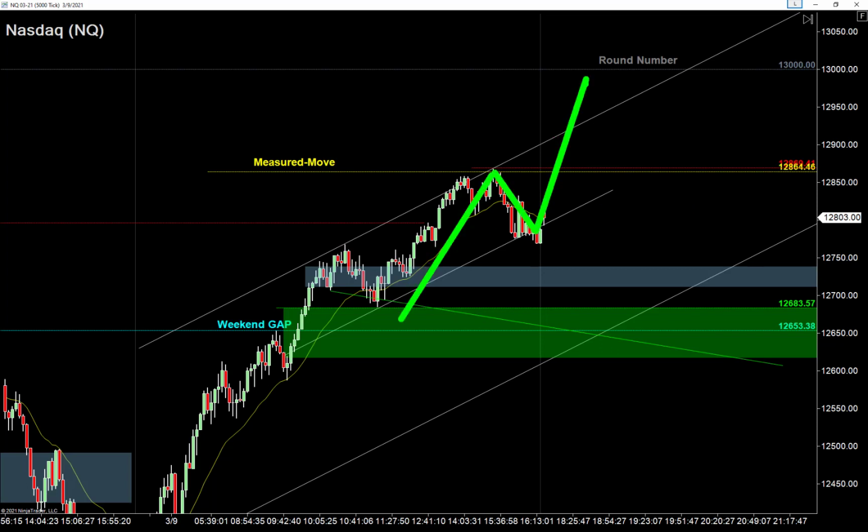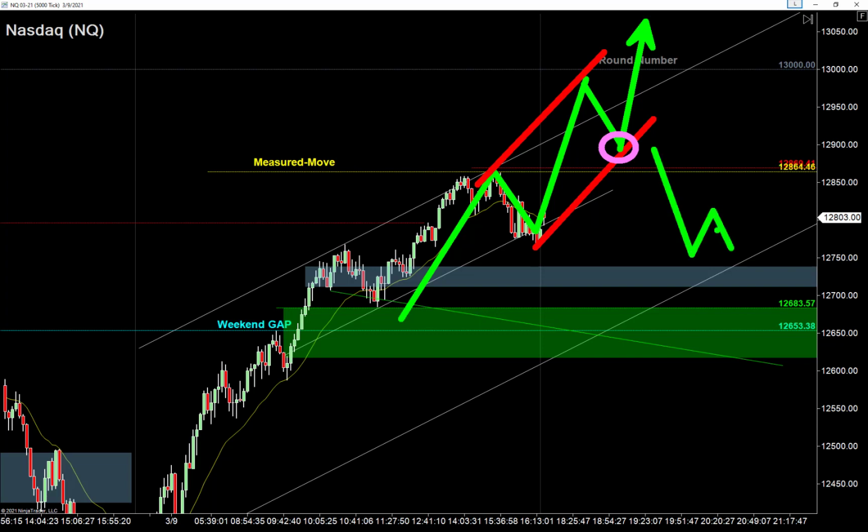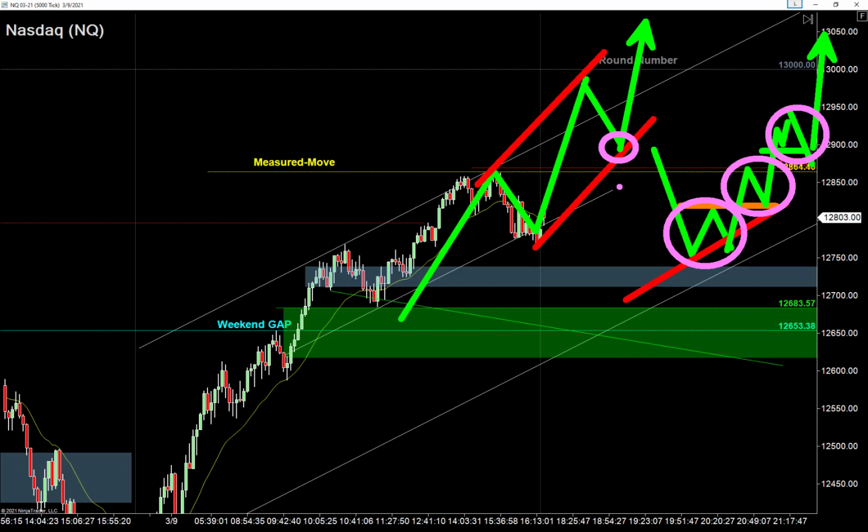So if we do make that strong run higher here, I'll gladly update this channel, mark up that high, mark up that low, and look for an entry setup off the low of that channel, right? Maybe it's a seller failure off that low, right? Seller failure into bullish pullback, into strength, into trap, right? Lots of easy ways to capitalize on that